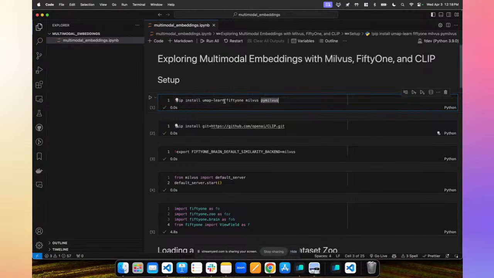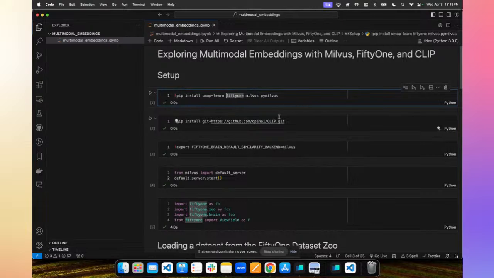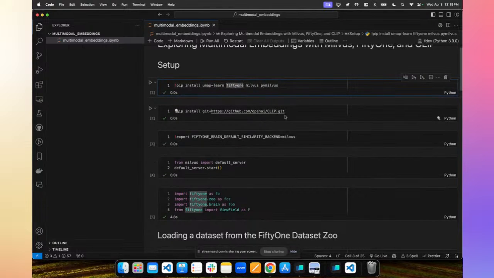And then if you want to, you can also install UMAP-learn, which is a library that allows you to do dimensionality reduction. So it takes these high dimensional vectors, whether they're 512 or 2048 or something even larger, and it can shrink that down while preserving both local and global structure as well as possible into a much smaller dimensional vector. And that's useful for things like visualizing the structure of your data. So you can do that. I've already run these commands, as you can see, so I'm not going to go through these installation steps.